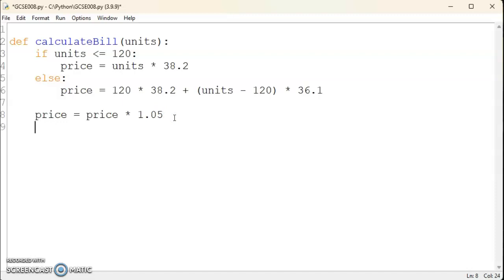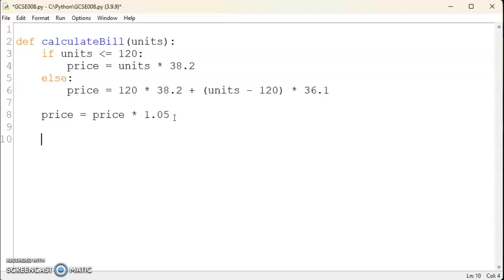Now that we've calculated the total bill, we will know the price in pennies. However, in order to return the price in pounds, we will have to return the price divided by 100. We're going to use the normal divide sign, not the div operator and not the mod operator. That completes the function, and now we can test the function by adding some test code into the main body